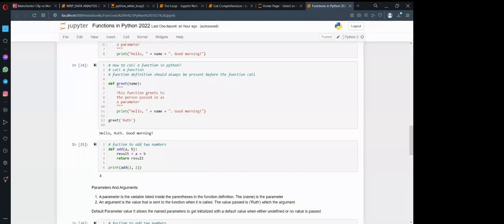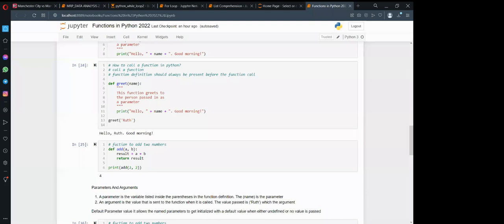Ruth is the name, the variable there, which will be passed here, given the name Ruth. If you look at my screen, from the output, that is what it will produce. Hello, Ruth, good morning. So Ruth is the data which you are passing, and the variable which you are using to pass that, coming from the function, is called name.